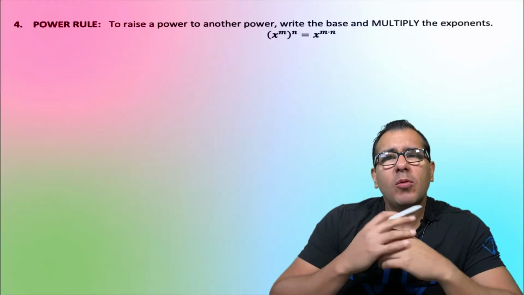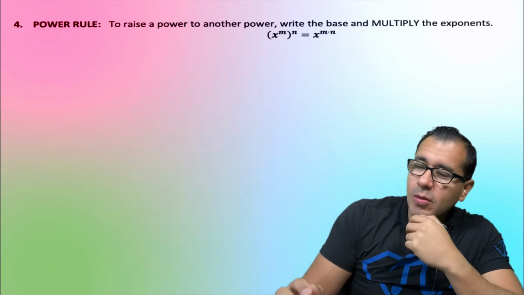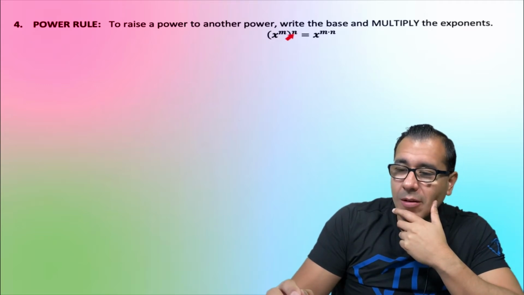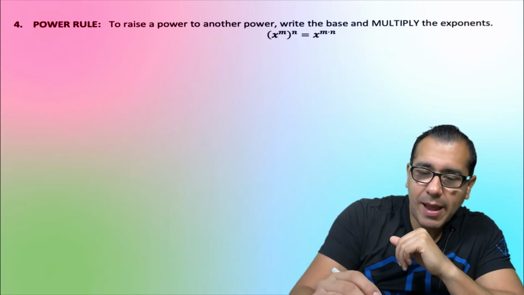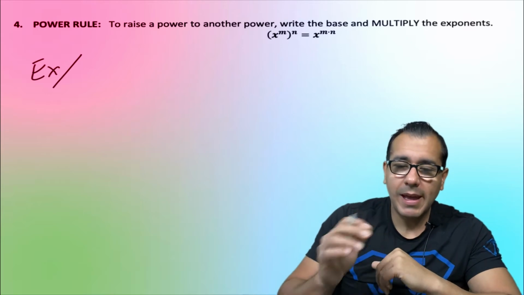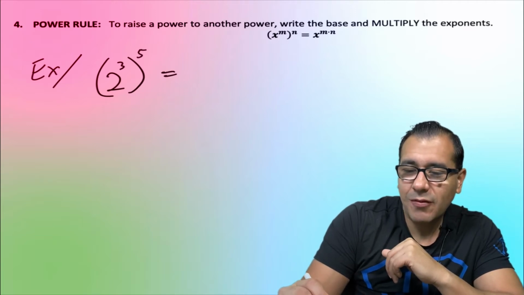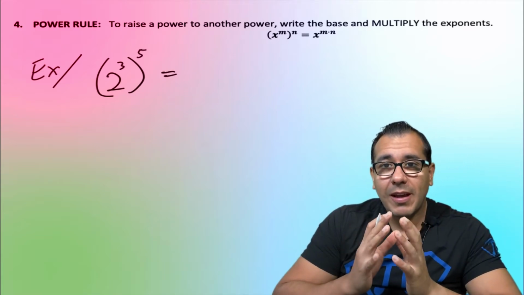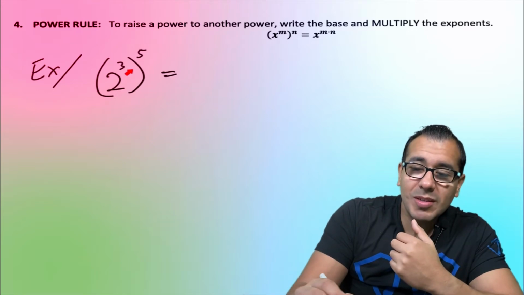Well, what happens when you raise a power to a power? Good question. When you raise a power to a power, all you do is multiply the exponents. Like my high school teacher would say, raise a power to a power, multiply the exponents. So let's do an example here. Let's say 2 to the 3rd power and raise that to the 5th power. Whenever you have parentheses like this, according to our rules, you multiply that